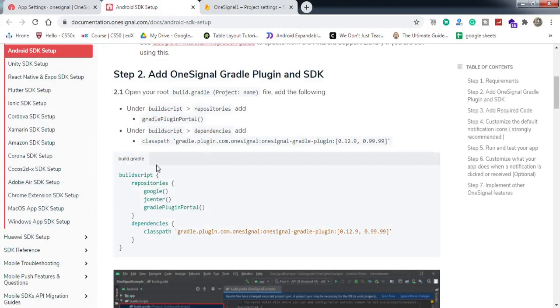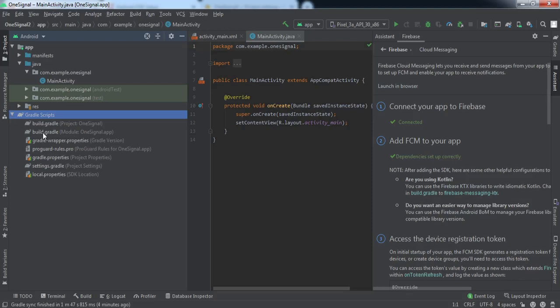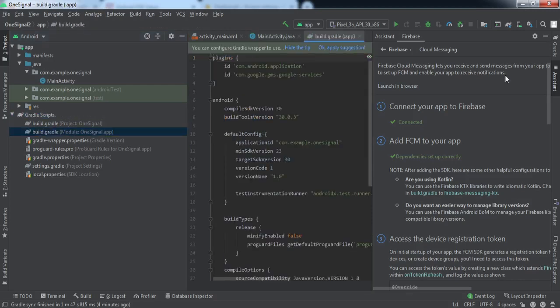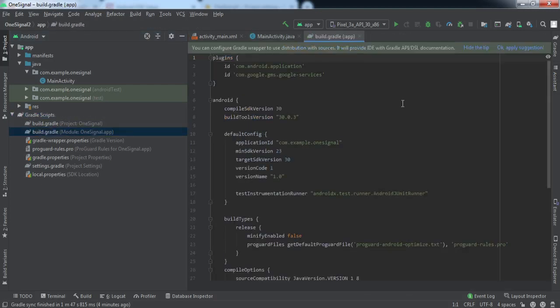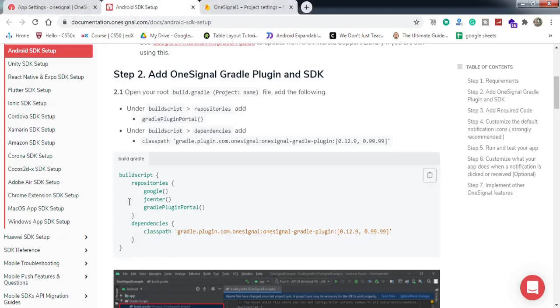We need to copy certain dependencies and code from this page, right? So now it is saying to add certain code to our build.gradle file. So we'll just go to Android Studio, expand this Gradle scripts and go to build.gradle app level. I'll just close this assistant, right? So the very first thing is we need to add this Gradle plugin portal.